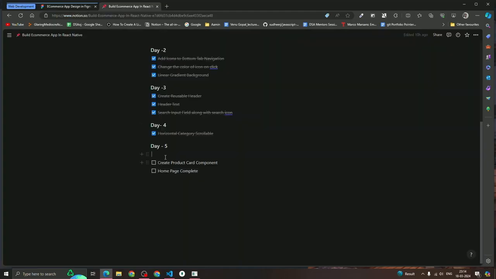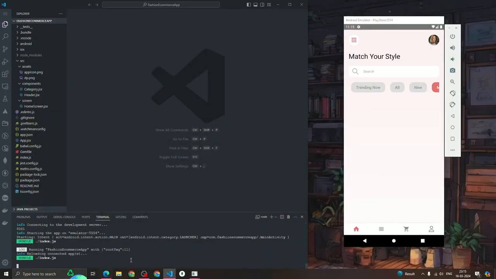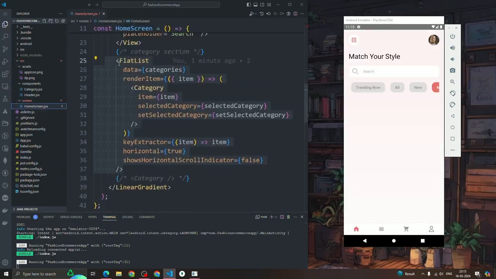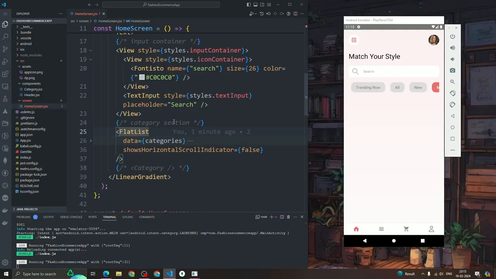Okay, so basically what we are targeting today, on day 5, is to create a product card component and try to wrap up the home page completely. Okay, so let's see how we can do it. First, if I go to the home screen, we are showing these category components. Now we're going to have the next thing, called product component, product list. Okay, so first of all, let's create one